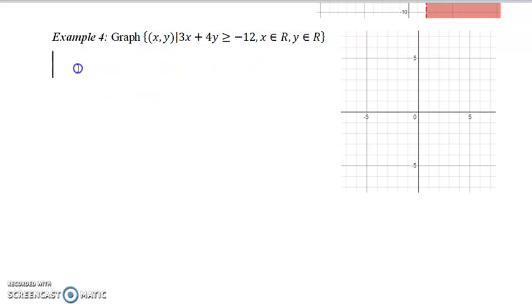Okay, so the first thing we're going to do is find the y-intercept. That's our first goal here. So how do we find the y-intercept? You guys hopefully remember from last year, and if you don't, that's fine. We let x equal 0, right? So if you let x equal 0,